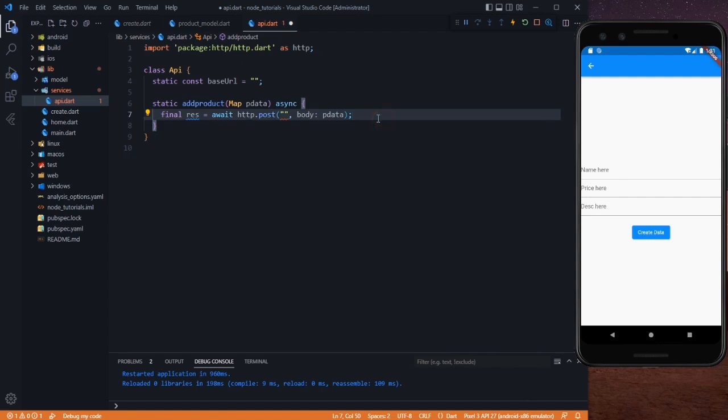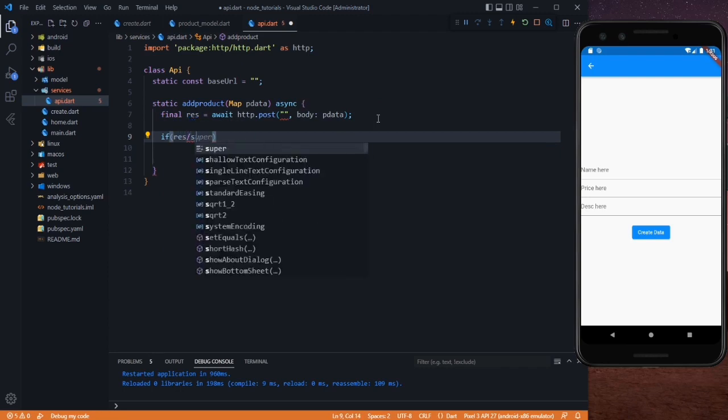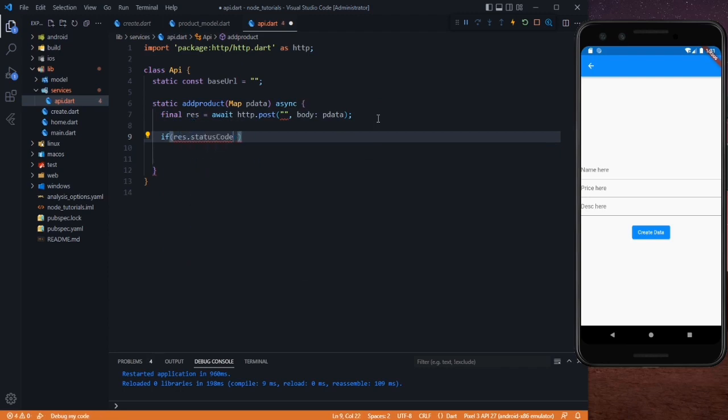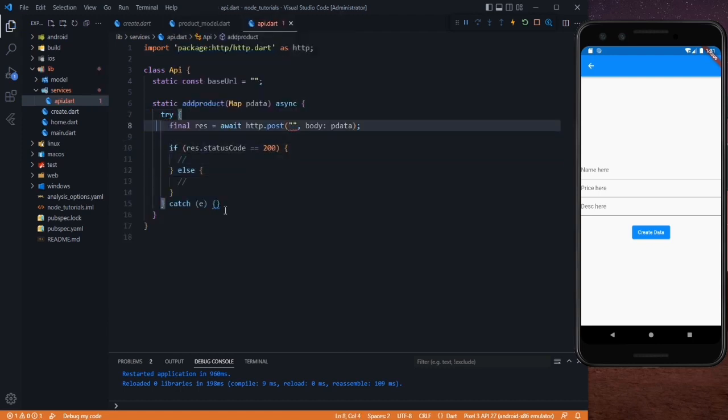Okay, so after that we need to check if the response.statusCode is equal to 200, then perform this, else perform that. So let's just cut it and paste it in a try catch block. Paste all the code in our try section, and after that in the catch we want to catch it.